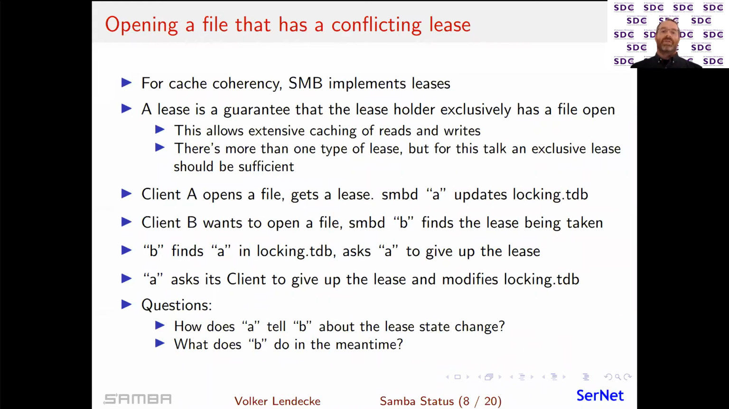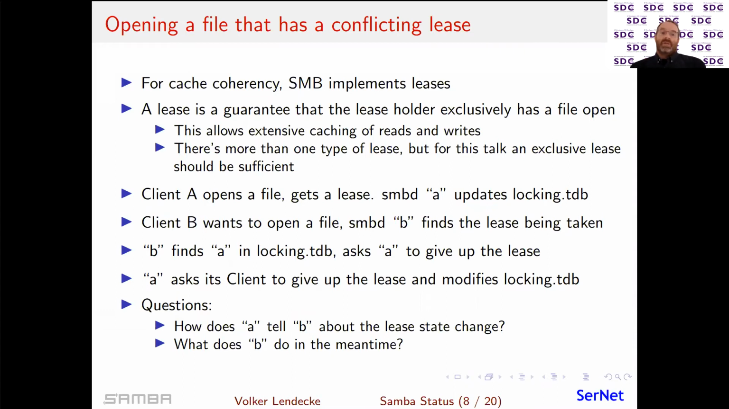Okay, so this dbwrap was the basis for clustering TDB. The next step was, hey, we need a good abstract API to look for record changes. Why is that? Okay, cache coherency. I spoke about cache coherency in one of my first slides. Samba implements these leases that coordinate cache coherency. What is a lease? It's a guarantee that the leaseholder has exclusive access to a file,